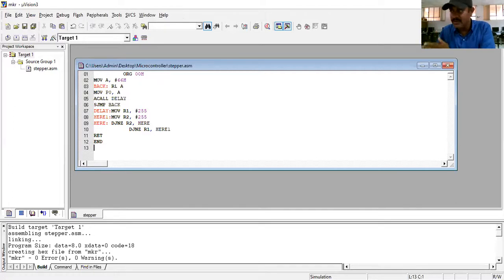Your target board. I think I showed this. So this is your target board. So this is your stepper motor, and this is your LCD, and this is your 7-segment display, and this is your keypad, and this is your traffic light. So many interfacing modules are present in this kit. So this is your embedded evaluation kit. Okay, next I want to transfer the program from PC to the target board using this cable.